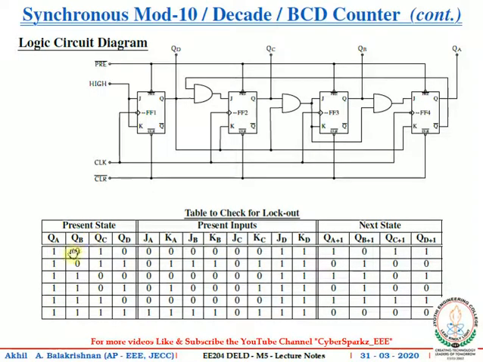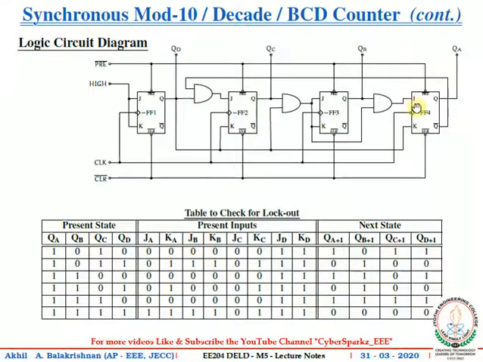Let's check the first case. For present state 1010, since the first flip-flop J and K are connected to high, JD and KD are both equal to 1. Since the first flip-flop output is connected to the K input of the second flip-flop and the K input of the last flip-flop, KC and KA values will be 0. Since the J input is the output of the first AND gate and one of its inputs Q is 0, JC is also 0. The inputs J and K of the third flip-flop are the output of the second AND gate, and since one of its inputs is 0, both JB and KB are also 0.